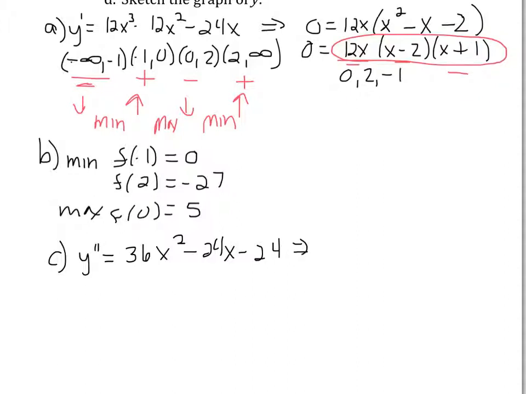So I'm going to take a 12 out, but at the same time I'm going to set that equal to 0, because just like in A, we need to figure out what our zeros are so we can find the intervals to test. So 0 equals, if I factor out that 12, I end up with 3x squared minus 2x minus 2. And for that one, you can either use polysimult on your calculator, or you can use the quadratic formula. I used polysimult, and I got that